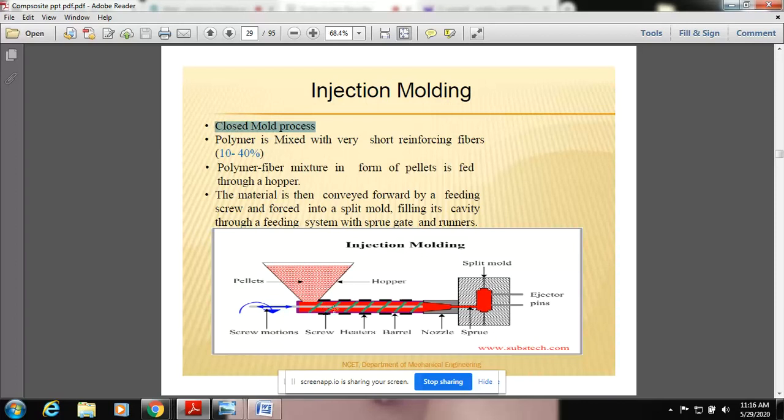Once the mixing of the resin and the fiber is done and the cavity is completely filled, we stop the process of rotating the screw. The walls are closed, and after giving some temperature and after some time, the composite material in the cavity will be solidified. After that, you open the mold, you break the mold, and then your composite material is ready. That was the function of injection molding. Any doubt here?